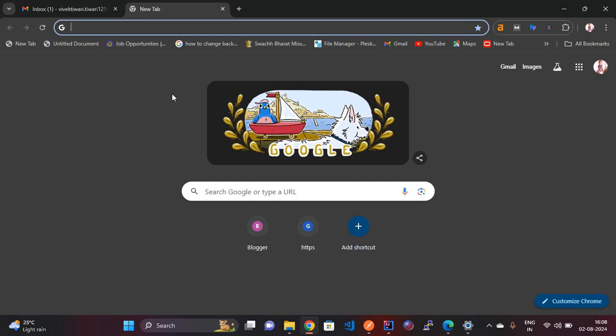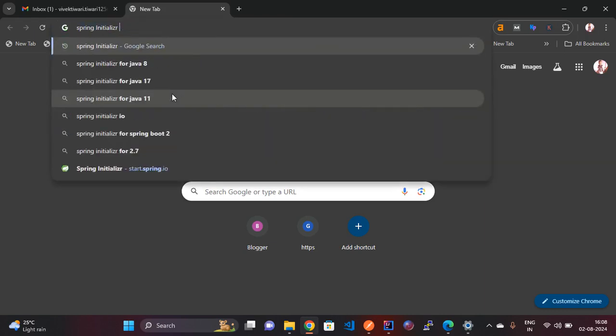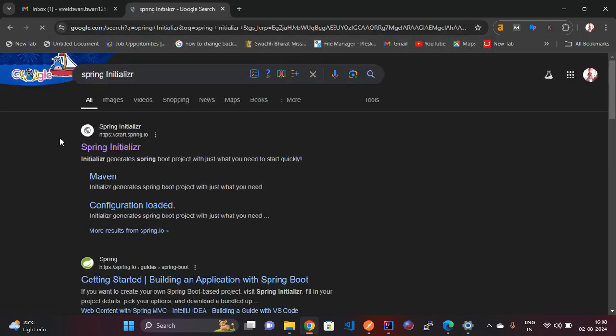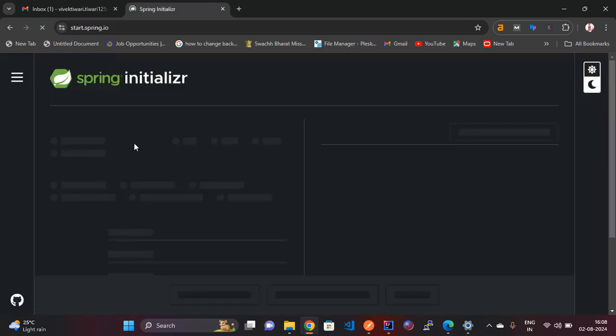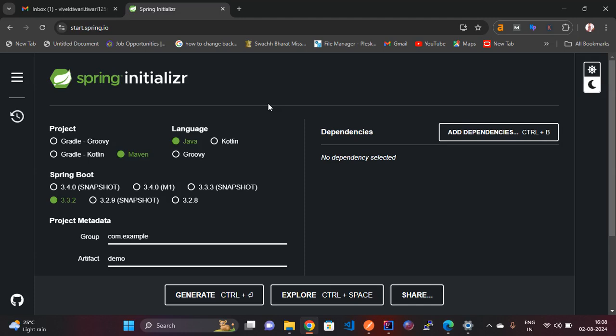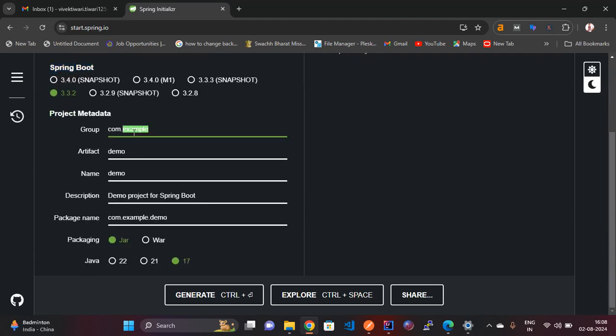So I am typing Spring Initializr for creating a project. You will see here there is one site that appears. You need to click this site, then you will see there is some information needed to add here. So I'm going to create the project as Maven, selecting the Spring Boot version as 3.3.2, adding the group